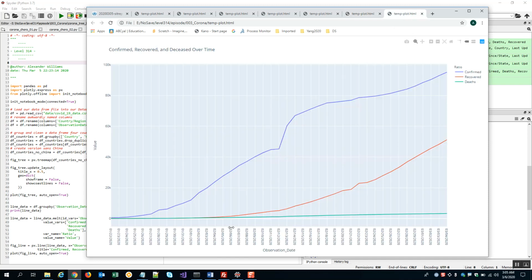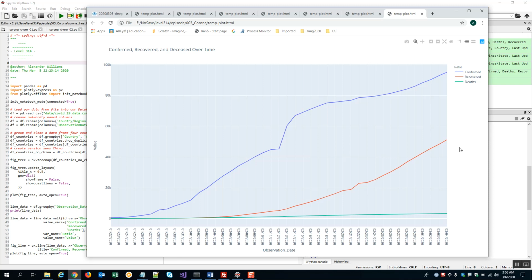And here we get a good look at how the confirmed cases really took off around here, February 12th, when our testing really increased in China, and the way that they determined who had it and didn't changed. So we saw a big jump here, but now we're seeing that the confirmed cases are not increasing as rapidly as during this phase. We're not sure yet whether it's because the efforts we're taking for slowing down the virus are working, or if we just saw this big jump because of the detection method. A good thing to note here is that you can see the number of deaths. It's a very flat line compared to the recovered and the confirmed. This is something, again, that we want to see, and it's an encouraging sign, not to get complacent, but also